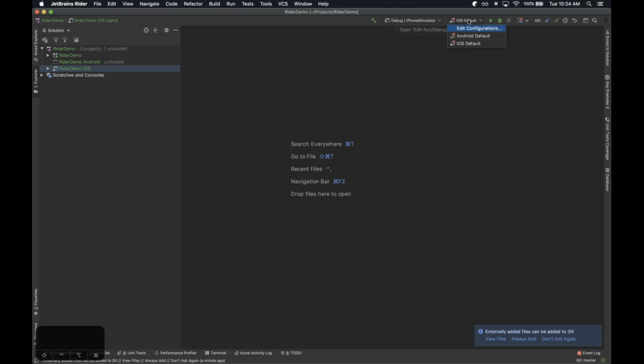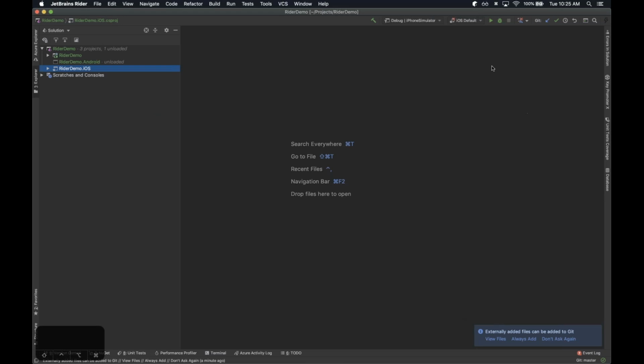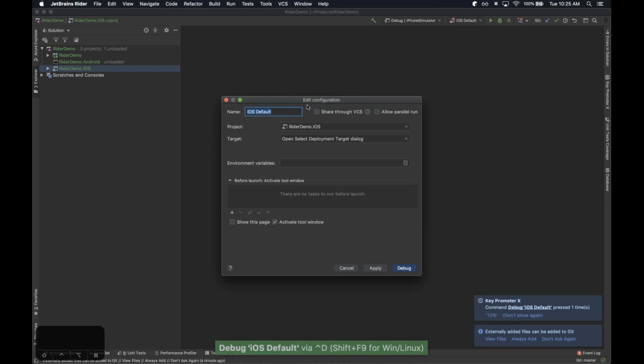We're going to use the iPhone simulator. So I'm going to edit my run configuration here. And all I'm going to do is tell it that when I launch the iOS project, I don't want it to open a select deployment target dialog. I'll quickly show you what that looks like. Out of the box, if I hit go on this, it's going to prompt me to edit the configuration and open the dialog. So if I hit debug here,